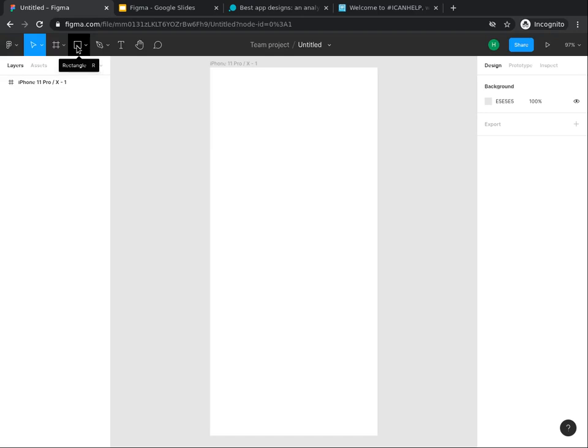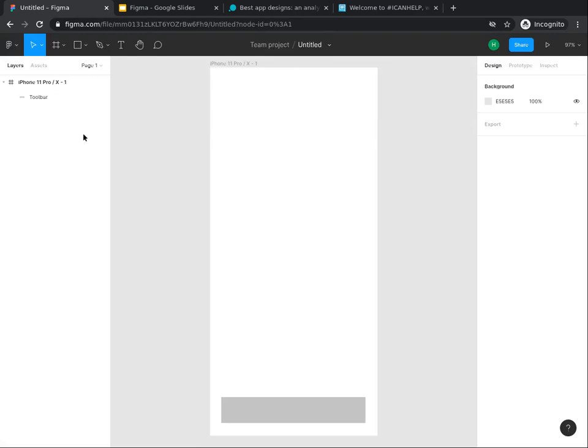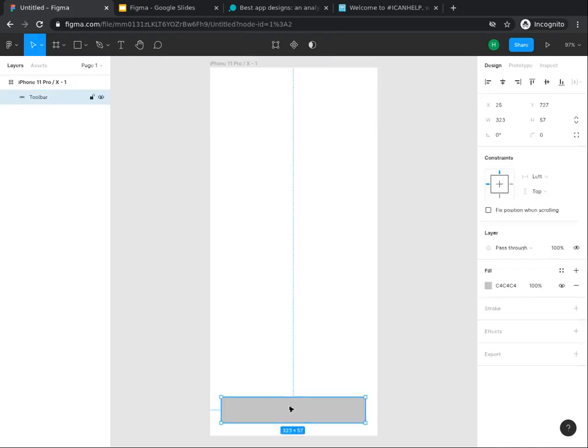If you want to have a bottom toolbar, you can choose the square icon on the top and choose the location, then drag to the size you want. Then double-click on the name given to the rectangle in the left side layer panel and change the name to Toolbar. If you click off the name anywhere, it will unselect the name. To work on this layer, you will need to click on the rectangle to select it from your canvas. The app gave it an automatic gray color. Do you also notice the center line shown to tell you if you have placed the shape appropriately?